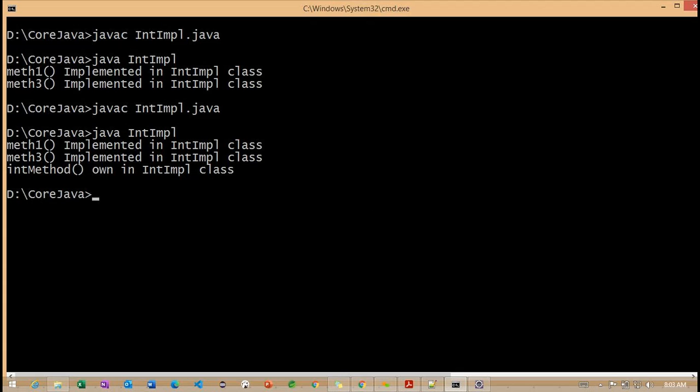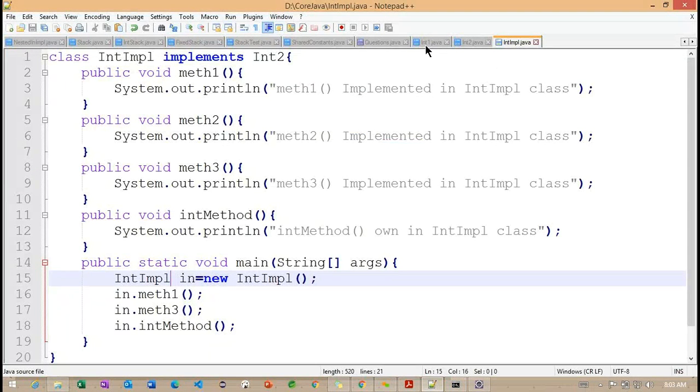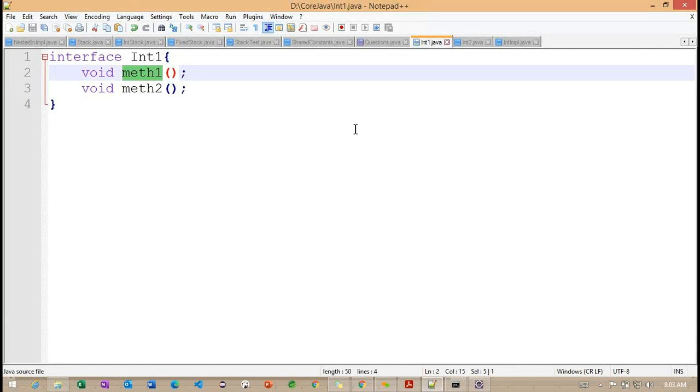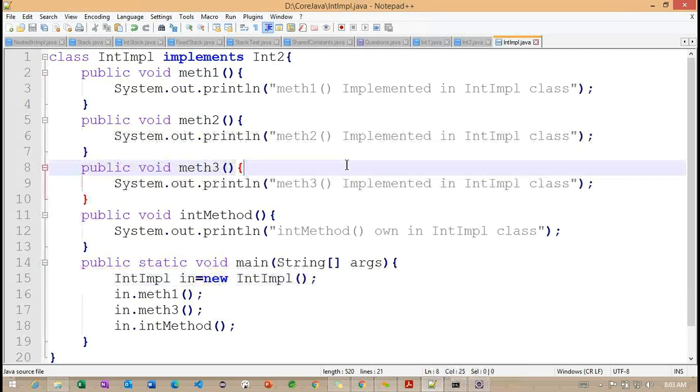The extends keyword and implements keyword we discussed, these two are very important. In real time also we are going to work more and more with this inheritance concept. Does anyone have questions regarding this current example we discussed, interface 1, interface 2 and the interface impl class?